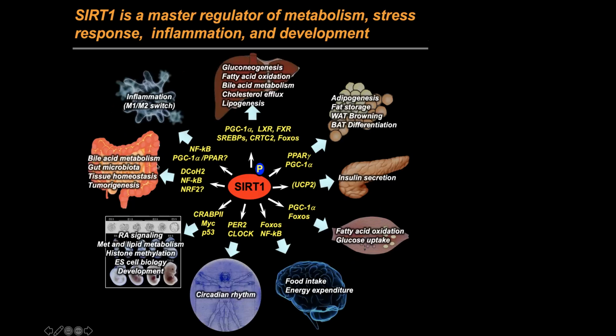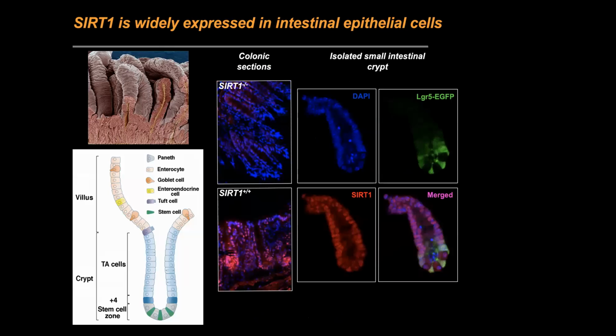And one of our most favorite systems, of course, is the gut. I think for the audience here, I don't need to convince you of the importance of the gut, or what the gut looks like. So here I just want to simply show you that SIRT1 is widely expressed in all intestinal epithelial cells, including enterocytes, intestinal stem cells, and Paneth cells, which are a type of innate immune cells originated